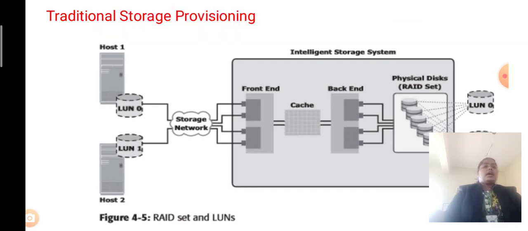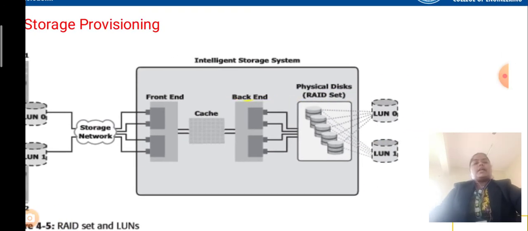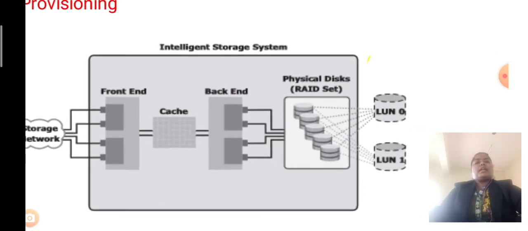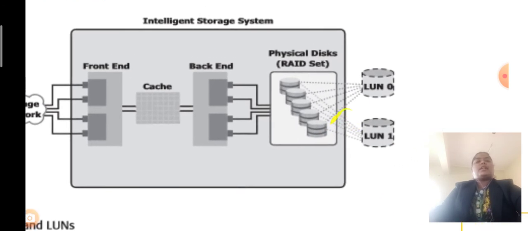Then after that, we have one more thing, that is the concatenation of the meta logical unit. Look at this diagram, where we are going to concatenate these two. Whatever logical unit number data we have, we are going to concatenate, spreading it across the physical disks. The concatenation expands the additional capacity of the base logical unit, and the component logical units need not have the same capacity as the base logical unit.